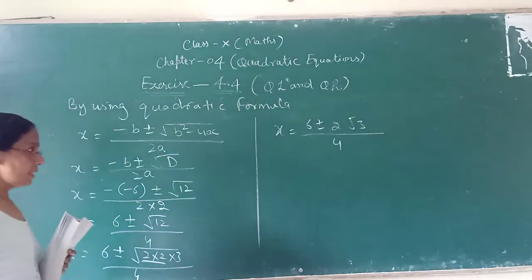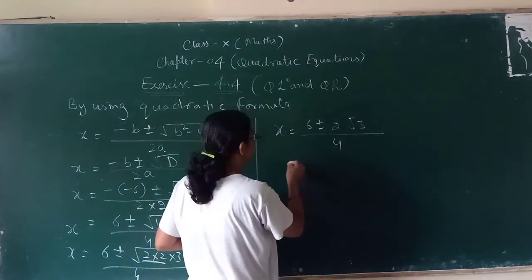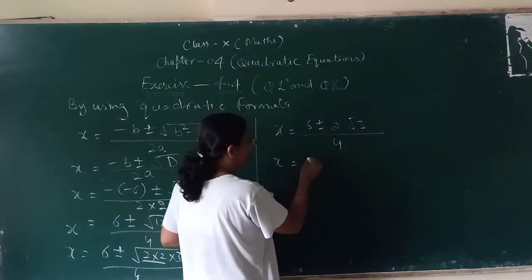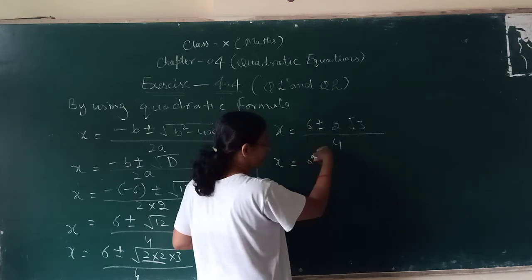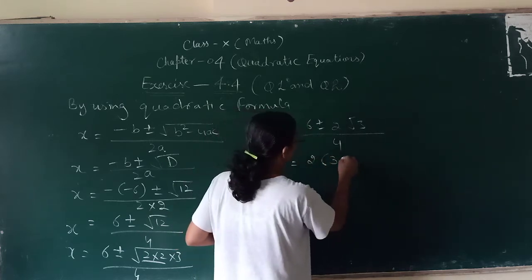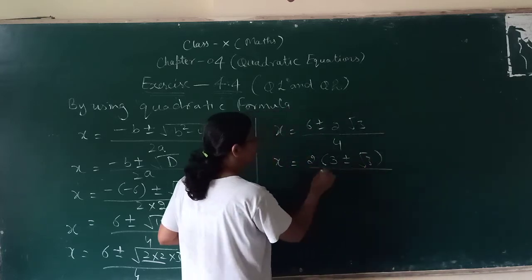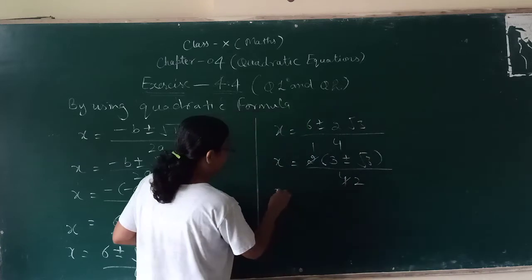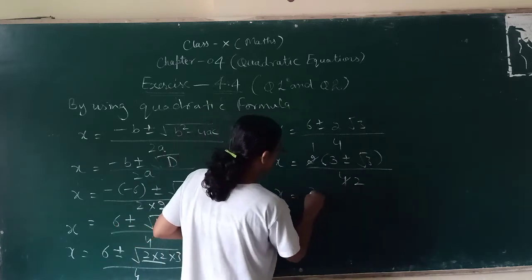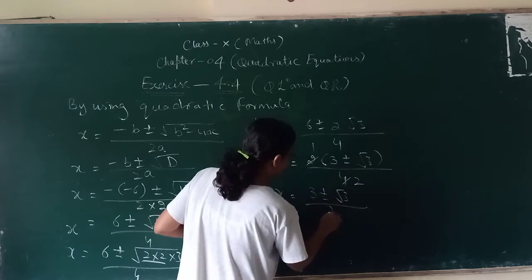Now sometimes a student starts to reduce from here, 2 down to 3, but that will be wrong. By taking 2 common, because 2 is a factor of every value here, 2 3s are 6, so 3 here, 1 means we can say root 3 over 4, then 2 1s are 2, 2 2s are 4. Or this will become 3 plus minus root 3 by 2.